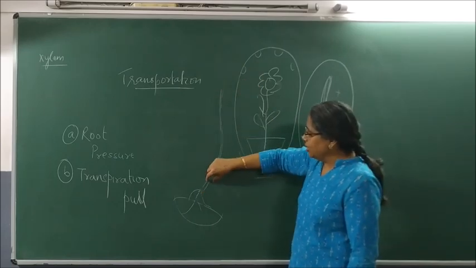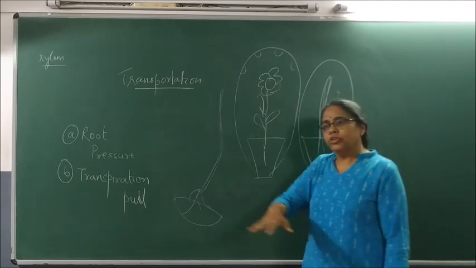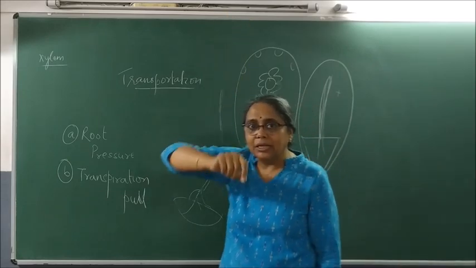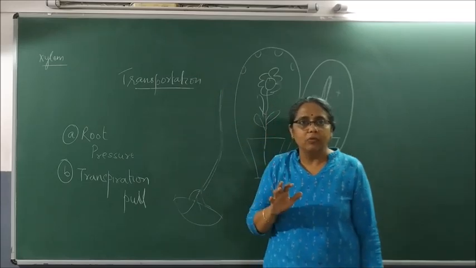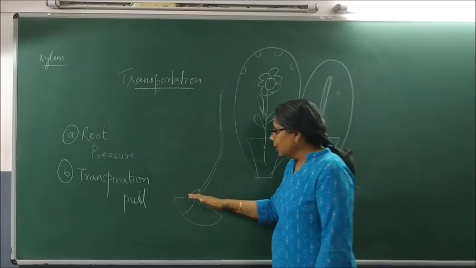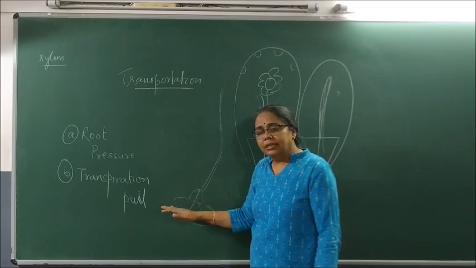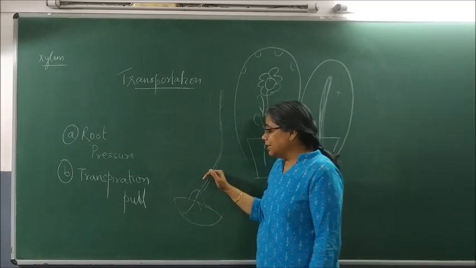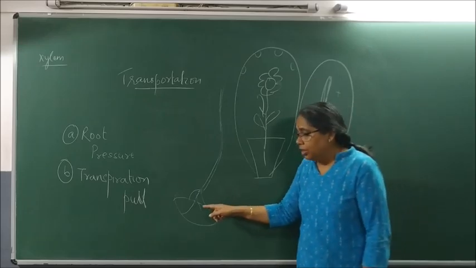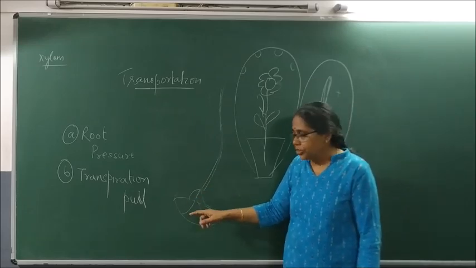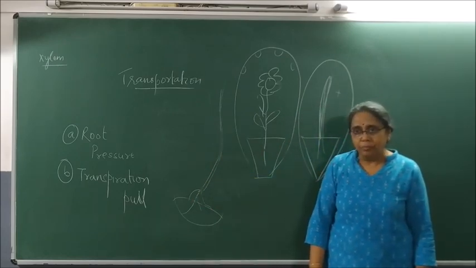So there is a continuous tube starting from the root, made of tracheids and vessels, which continues to the aerial part of the plant. It is like a small pipe starting from the root and going to different parts of the plant carrying water and minerals. Soil and the water dissolved in it have a high concentration of ions, whereas inside the root there is less concentration of water and ions. So water, due to this pressure, which is called the root pressure, moves into the tracheids and vessels and goes to the different parts of the plant.